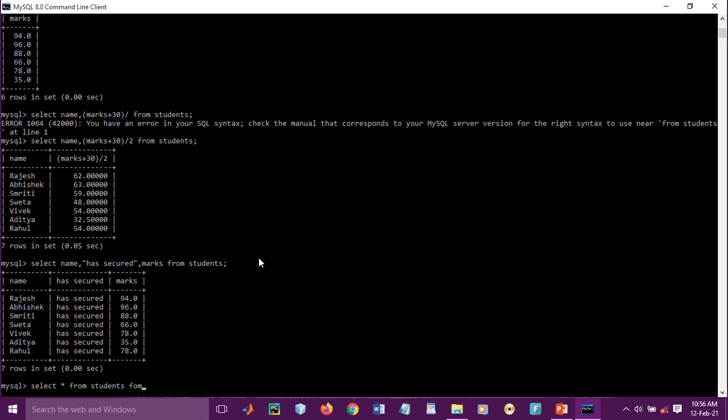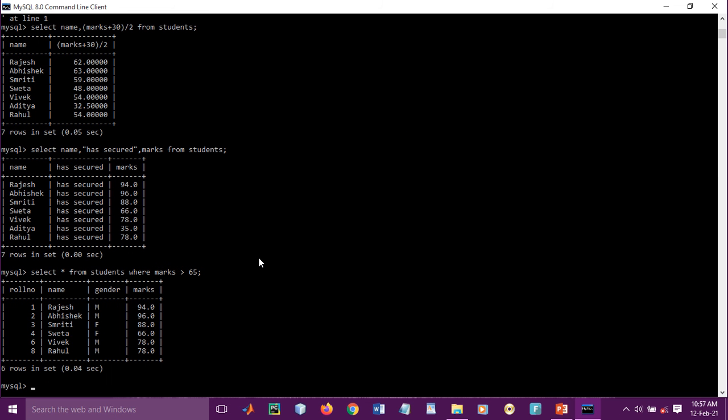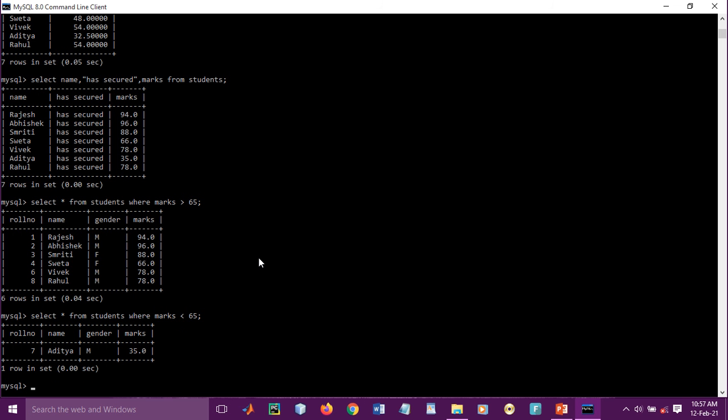We need to put a condition based on marks: where marks is greater than, let's say, 65. So you can view the contents of the table. Here some students got filtered out based on the condition. Suppose we want to see the contents of those students who got less than 65 marks, you can view that this way also.